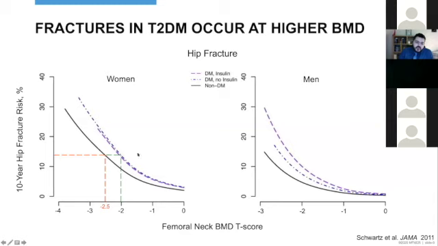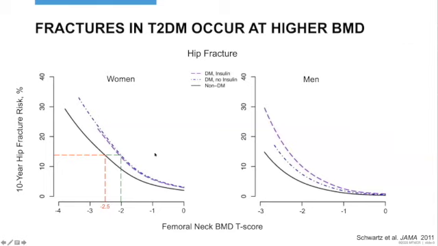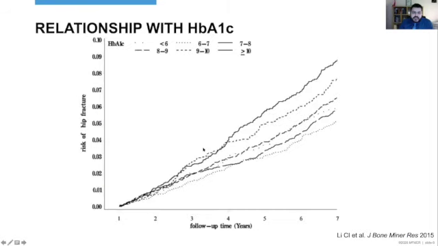Now, mind you, the overall risk in this group was higher than what we're used to seeing. -2.5 here was closer to a 15% risk of fracture, but this is a specialized population that they were looking into. Nonetheless, compared to the patients without diabetes, the diabetic population had an increased risk. The same data was also shown for vertebral fracture, but I'm not showing that here.